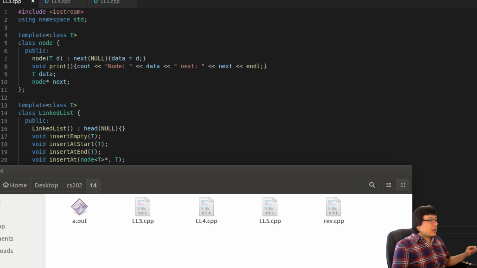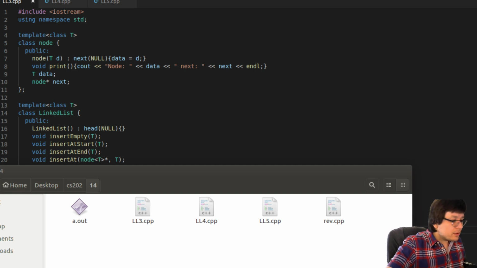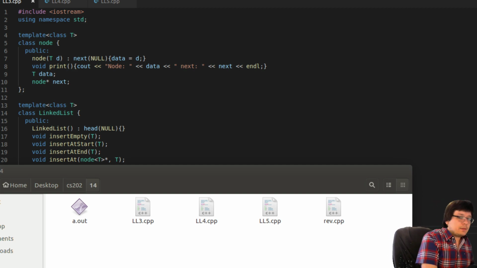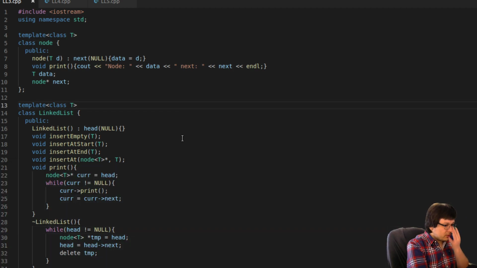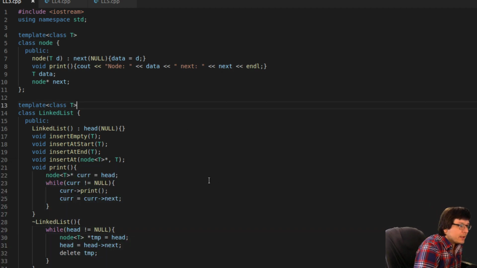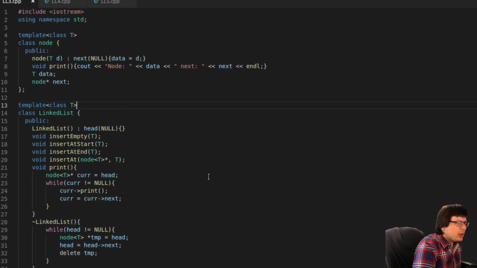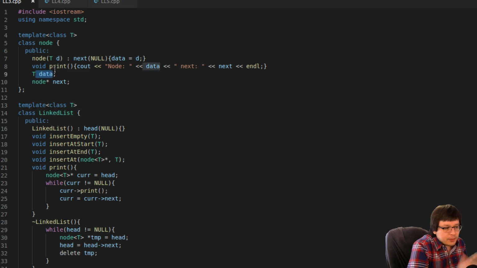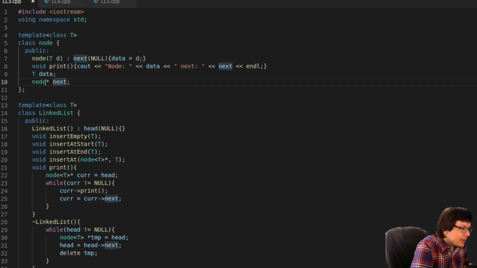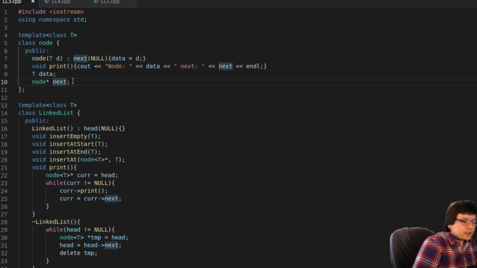What you're looking at here is code that we did before the exam, about 2 days before the exam, or 1 class before the exam. I want to first remember what we did. We looked at it on the review day too, but 2 days is a long time. So, it's templated. We have a node. It's just a single node. The data is not a pointer, it's just data like that. Then we have the next pointer, which links to the next node.